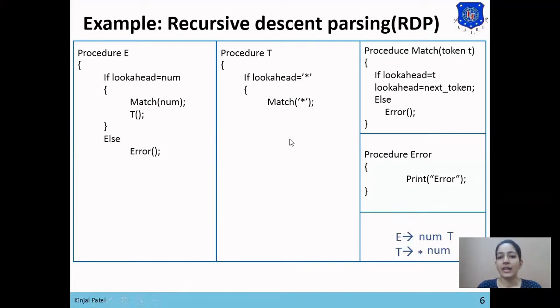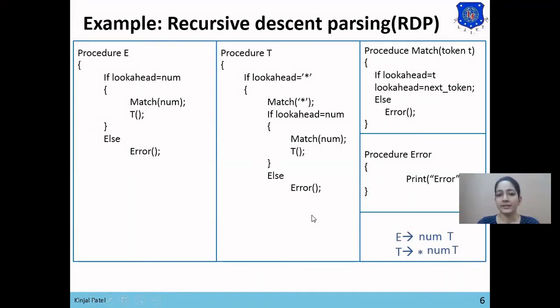So in the lookahead condition, we will also check whether lookahead equals number, and it will call match number. Then after that there is the symbol T, which is used to call procedure T.